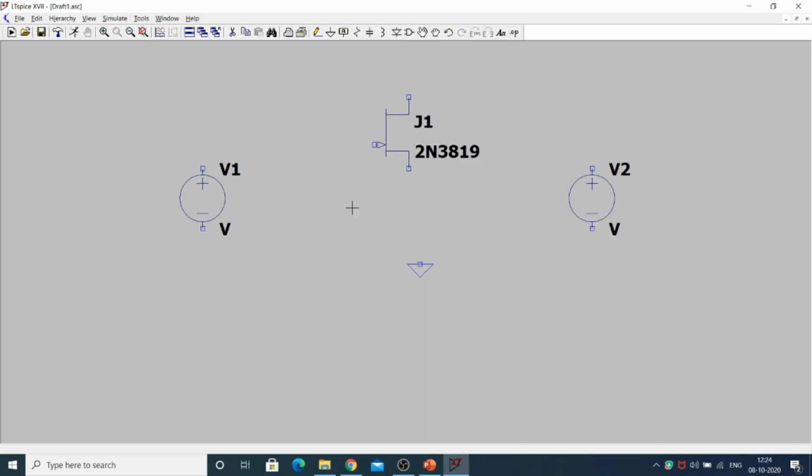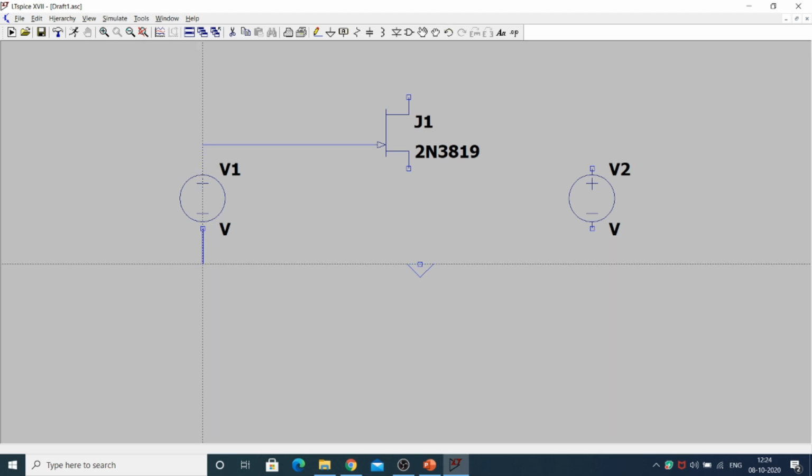In our experiment, for simplicity, I am not using any resistors here. If you want to connect resistors at the output characteristics, you can connect, with values maybe 1K, 2K. I am drawing the wire like this.